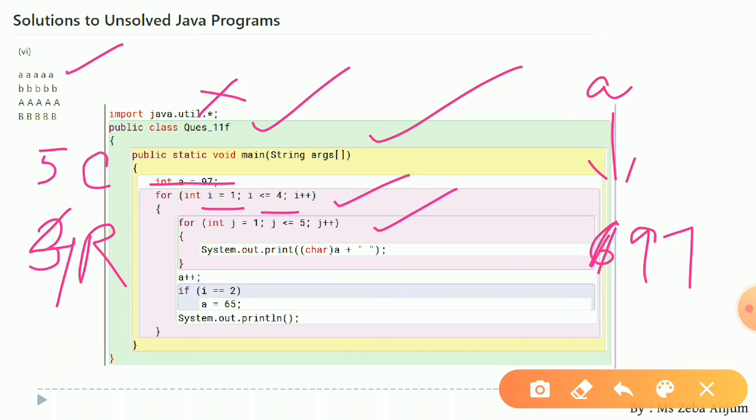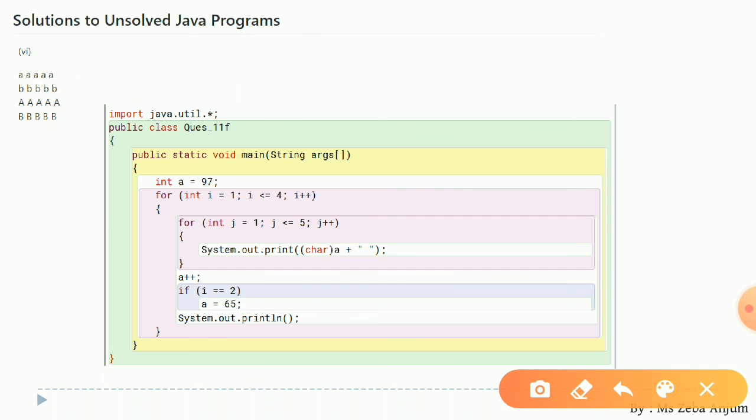And every time we are going to print this (char) a with a single blank. Then what will happen when this condition becomes false? We have to increase the value of a, because see, in the next row we are getting small b.